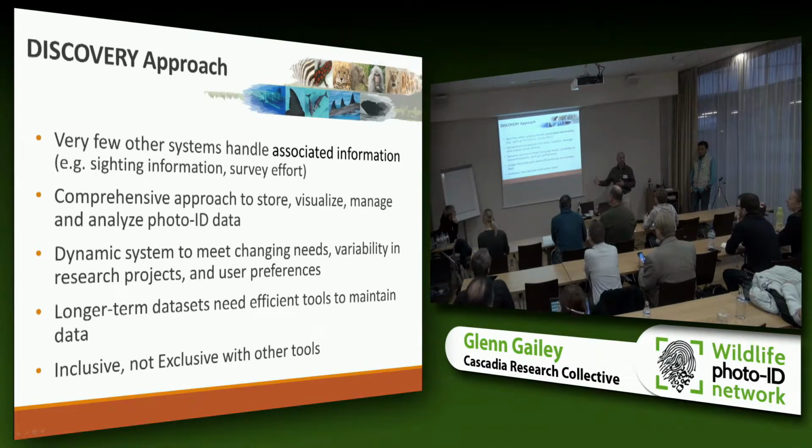They do image quality in one way, we may do it another way. So there are different methods in photo ID for how to process. So we really tried to make this a dynamic system to change over time,